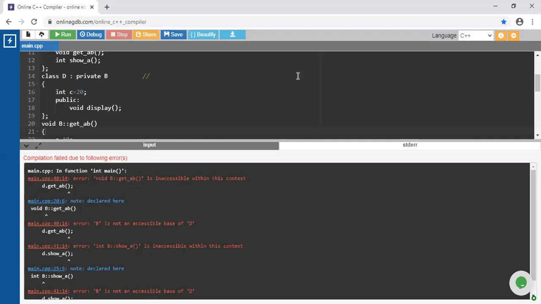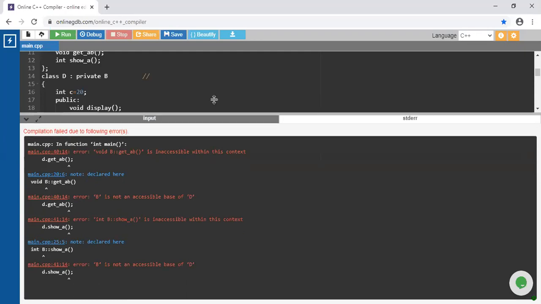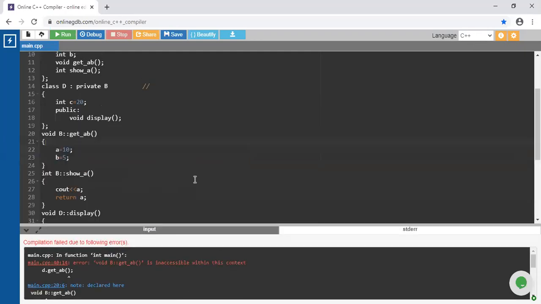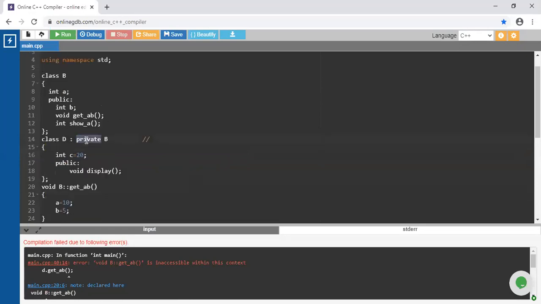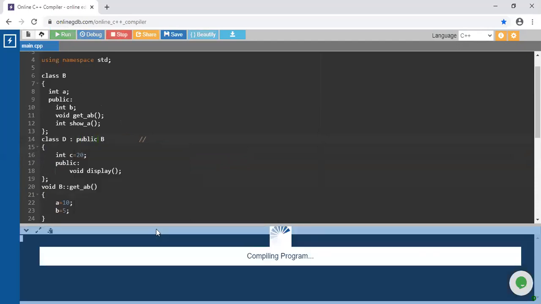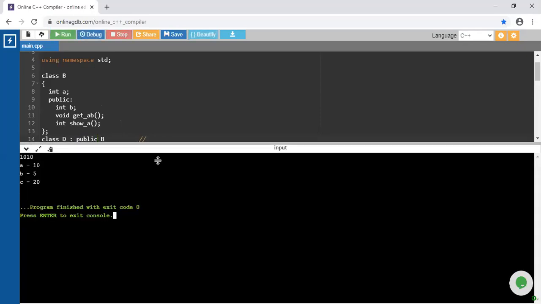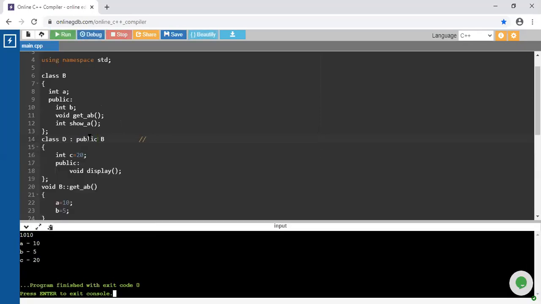Okay, guys, look at this output. I did just only one change. If again I make it public, it will display the output: 10, 5 and 20. And instead of public, suppose I mark it as private,